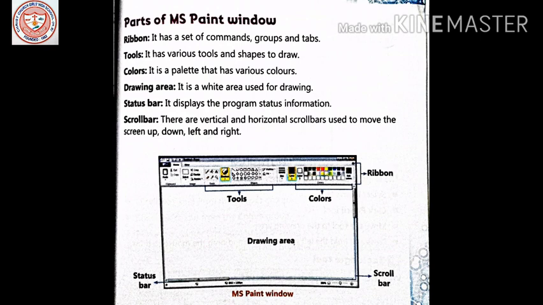Now, what are the uses of these? Ribbon is a set of commands, groups and tabs present on the window.